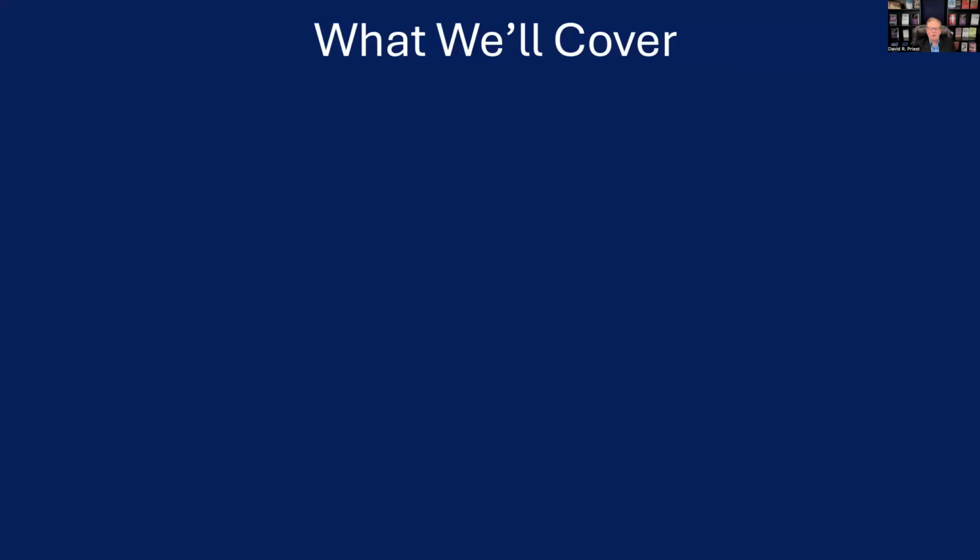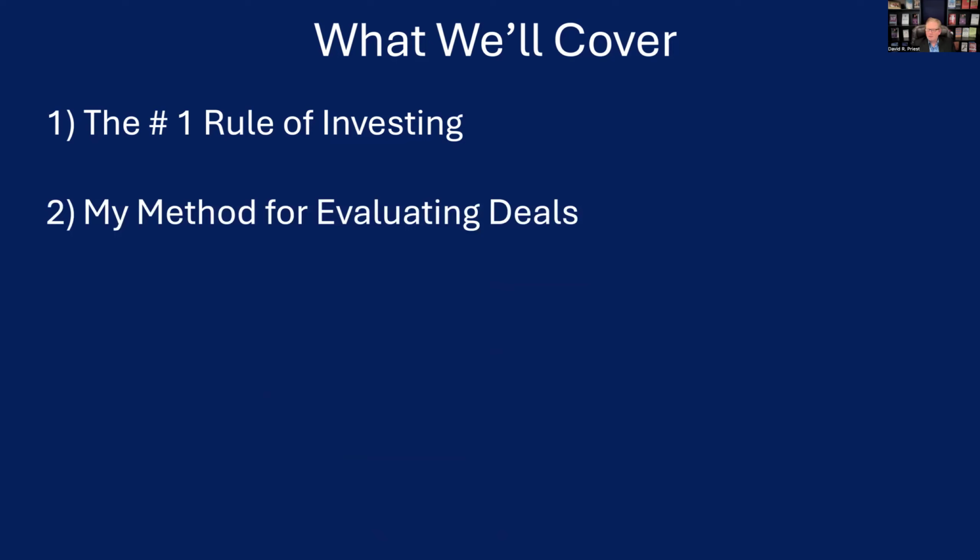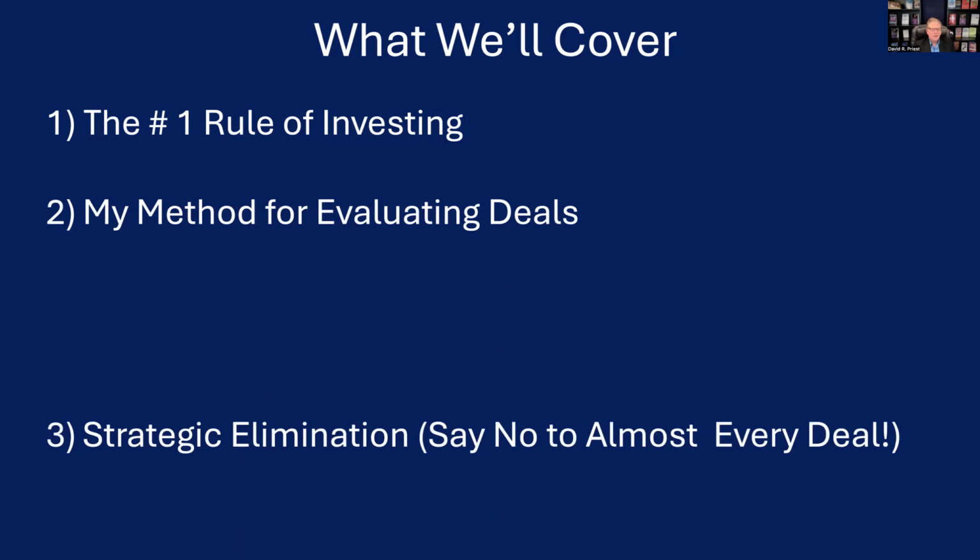So let's start with what we're going to cover first. First of all, we're going to cover the number one rule of investing. This is my most important thing. I think I've emphasized it almost every week, I'm going to continue to emphasize it, and we're going to talk about it again tonight. Number two is my method of evaluating deals that I've developed. It's a little different than any other one that I'm aware of. I'm not saying that mine is the best, but mine works really well when it's used properly. You can take my system, borrow it, and improve it. If you come up with a better way of improving it, I love getting feedback. I'm always trying to improve all my processes.